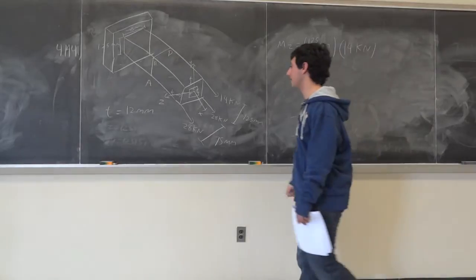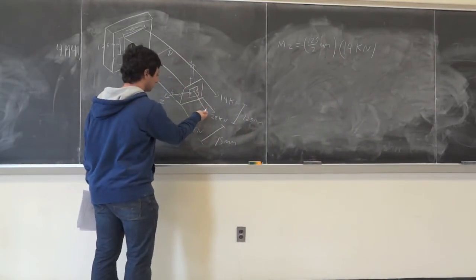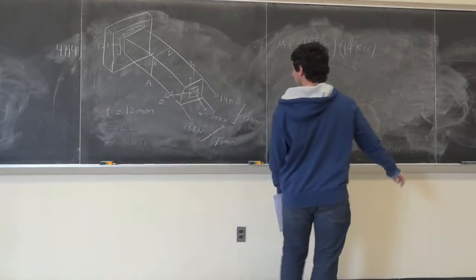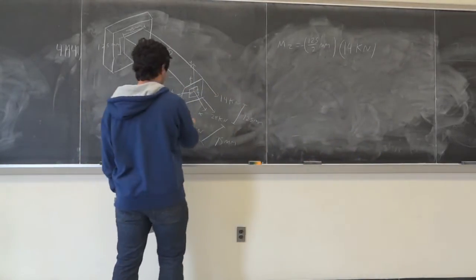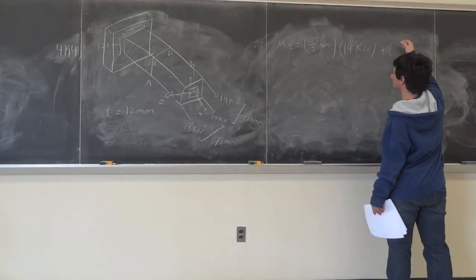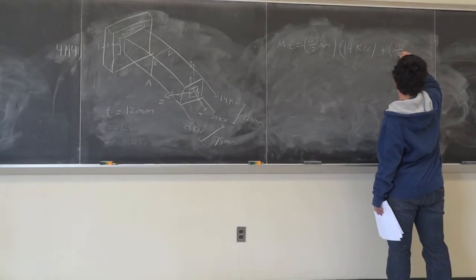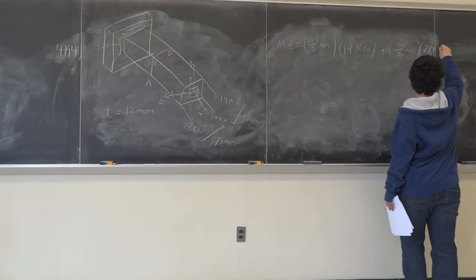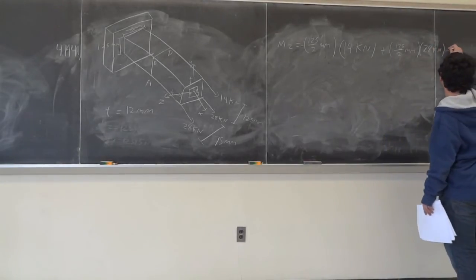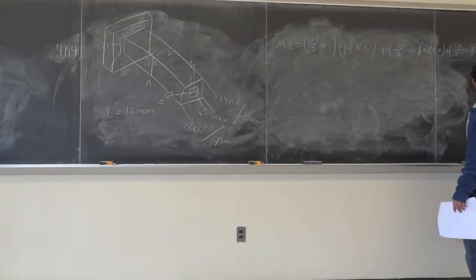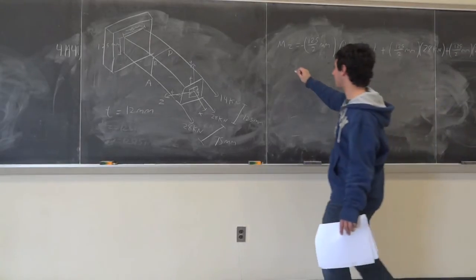All right, so that's not it. Obviously, there's others. There's two forces over here that are going to cause a moment around the z-axis. The distances are the same, but these are going to make it rotate counterclockwise, so these are both positive. So it's plus 125 over 2 millimeters multiplied by 28 kilonewtons. And then there's another one, plus 125 over 2 millimeters multiplied by 28 kilonewtons. Okay? Alright, so the moment around the z-axis,